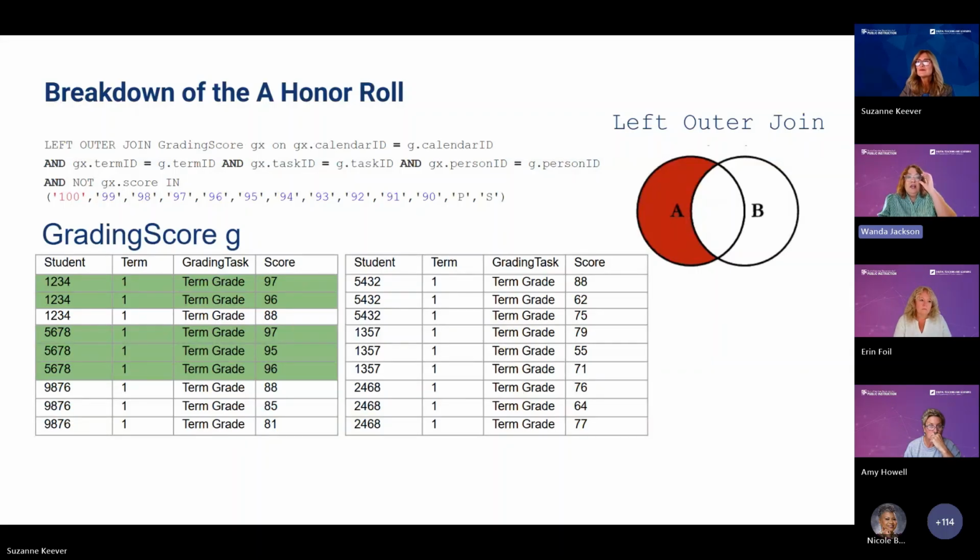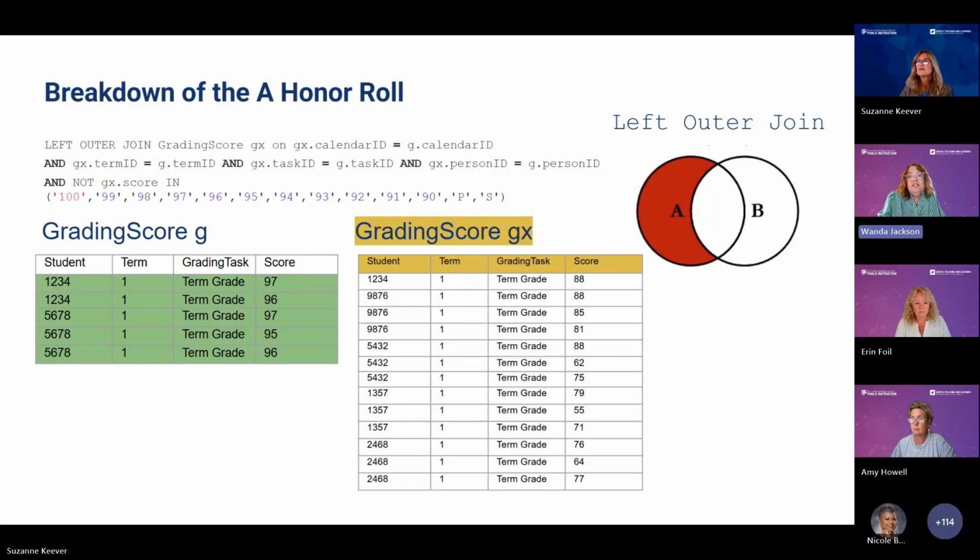So that's what this code here is telling our system to do, to look at those non-qualifying scores as well. And ultimately, it's going to just return those ones on the left-hand side that are qualifying, and the scores in the other one are null. So on our next slide,